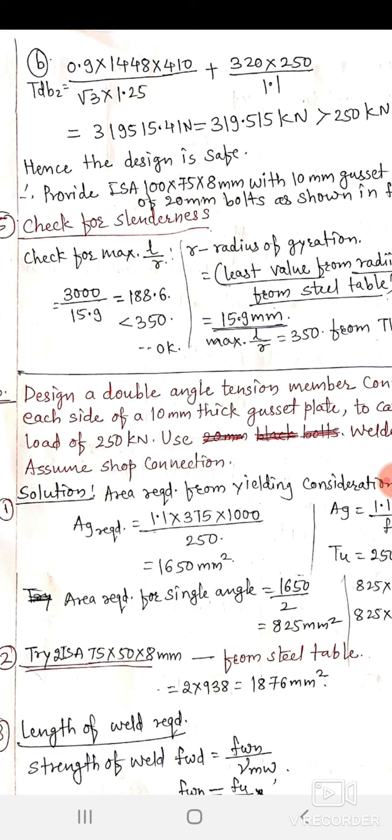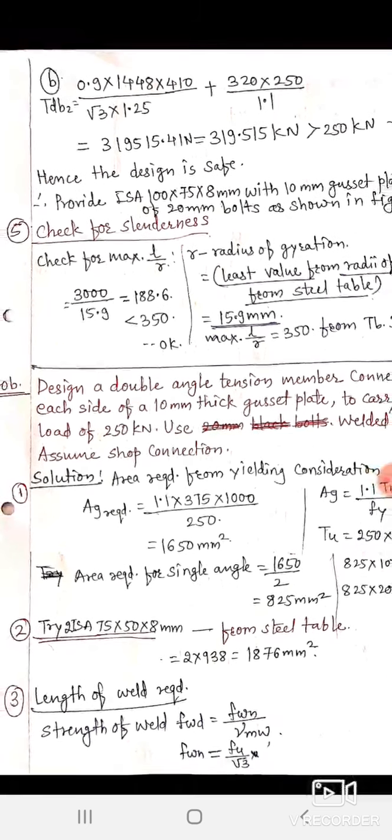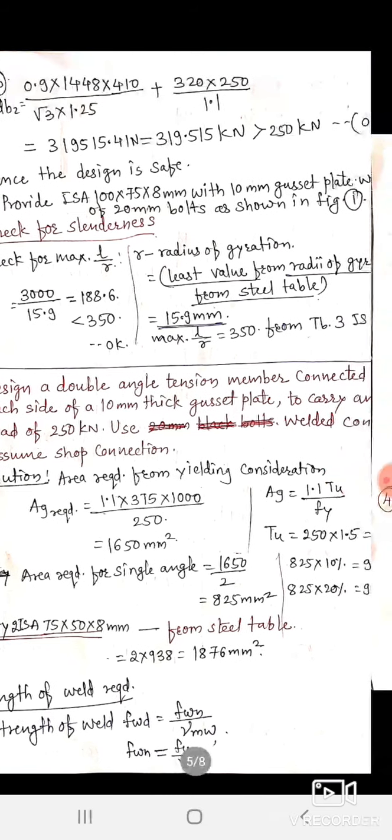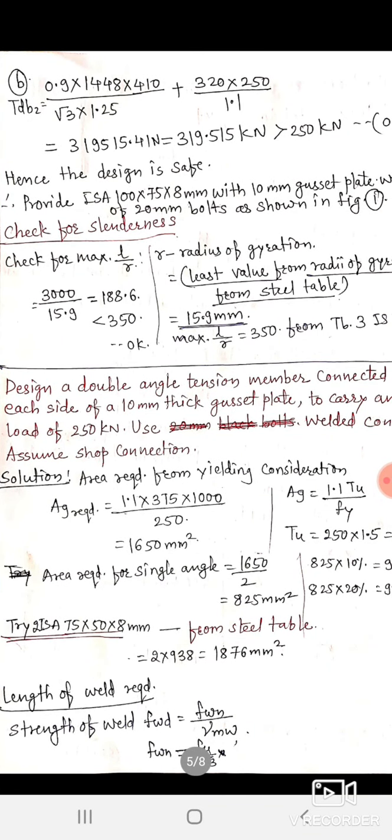So it has given the safety against yielding, rupture as well as block shear. If any of the checks fails, you have to start the design from step number 2, that is selection of the section. So you have to be very careful when you are selecting the section. In an exam, if you get a section failure, you are supposed to mention that the section is unsafe and you have to select the appropriate section so that the section will be safe against all the checks.